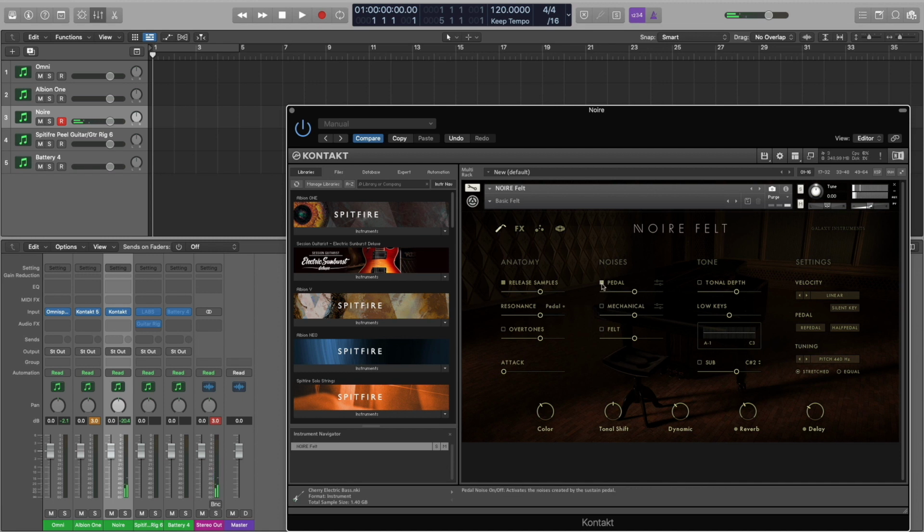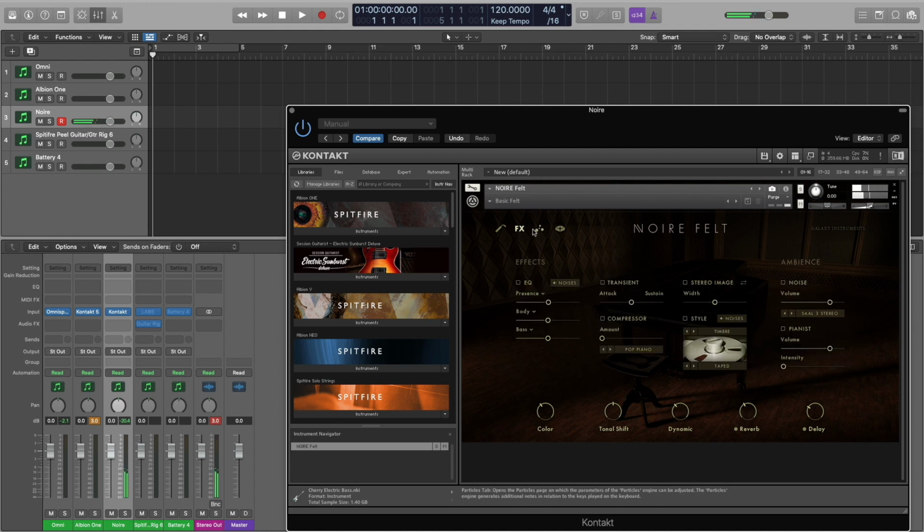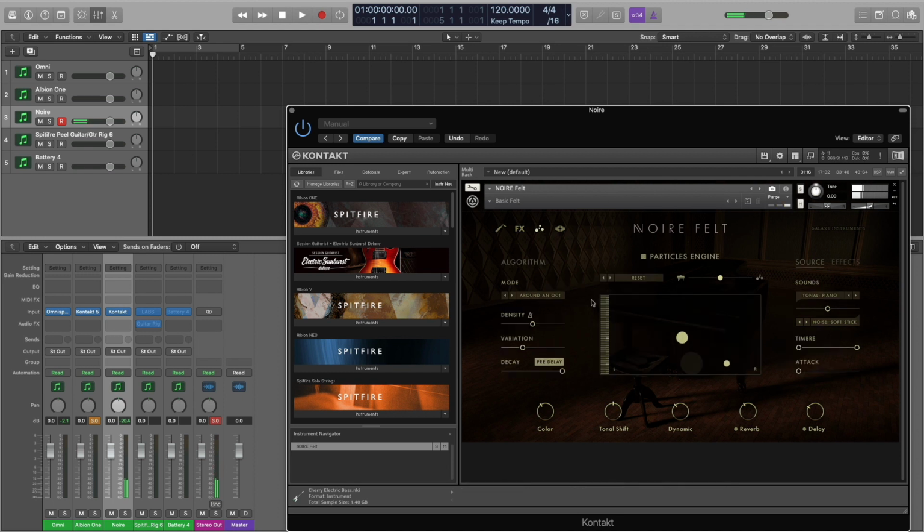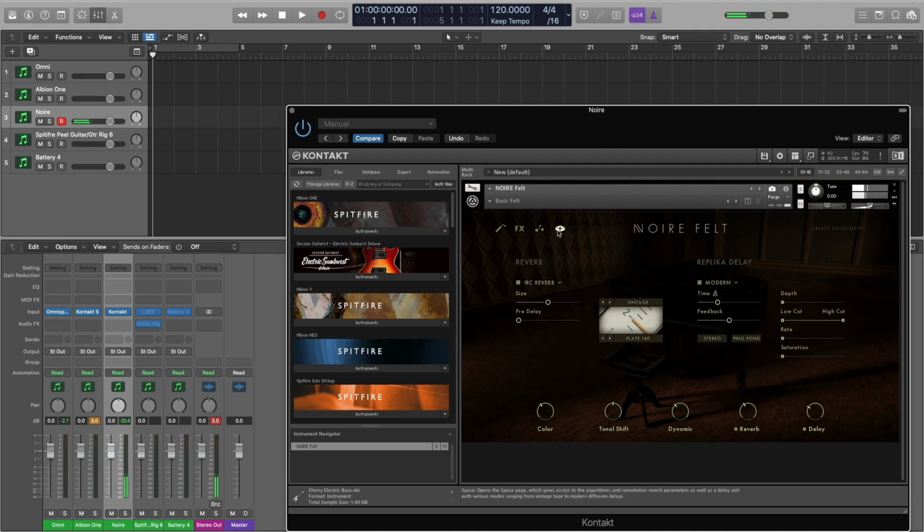And again, extremely versatile. You can use it as just a felt piano and get that beautiful soft sound, or you can manipulate it with the particles engine and get rhythmic tracks going on. You can get some kind of low thunderous sounds out of it. The effects within the library are just incredible, and I think that's what Native is so good at, the way that they let you manipulate the sounds within the libraries themselves. So Noir Piano, if there was one go-to piano, that absolutely would be the one that I would go to,